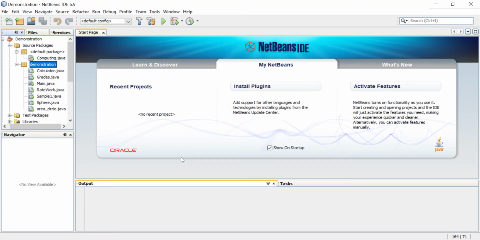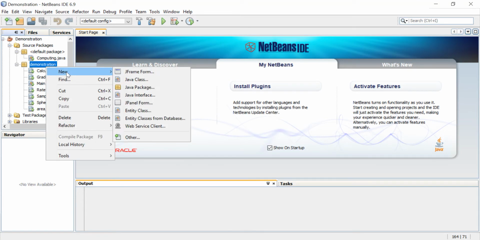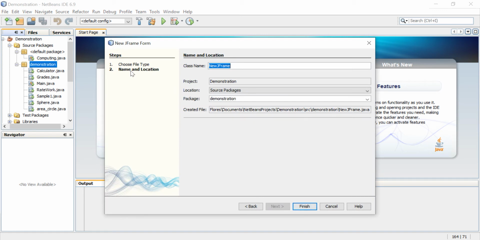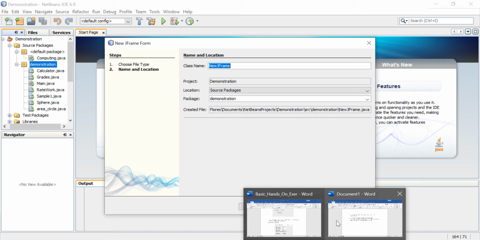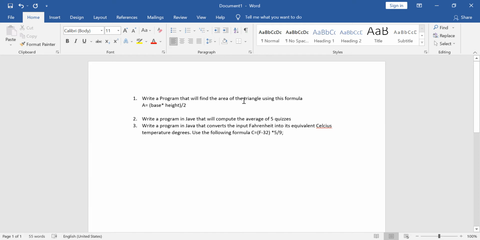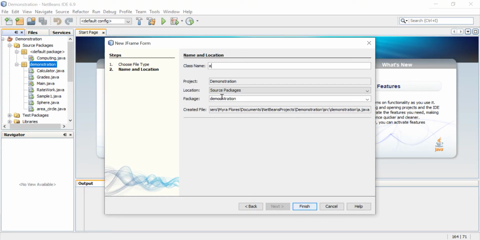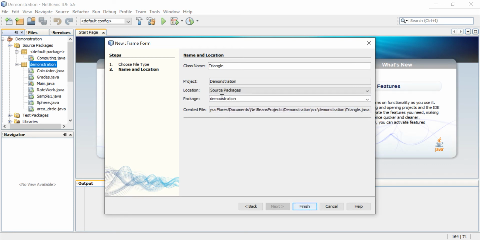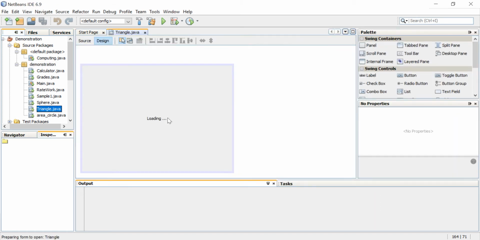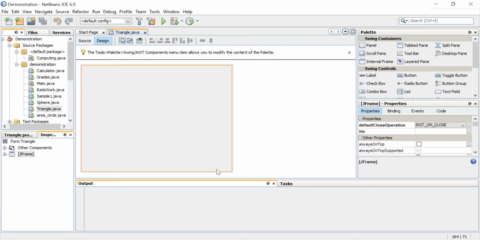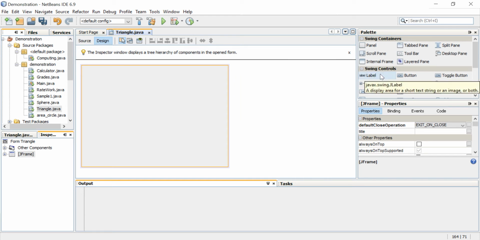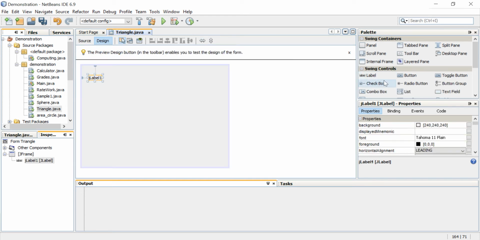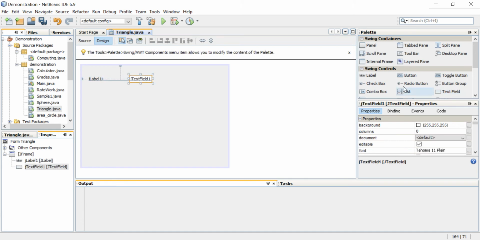Now, let us create here new and then JFrame. So since we will be using the area of the triangle, we will be using triangle as our name of the program. Now, we'll be dragging and dropping the components that we will be using: